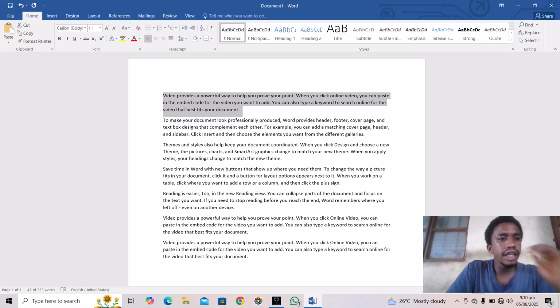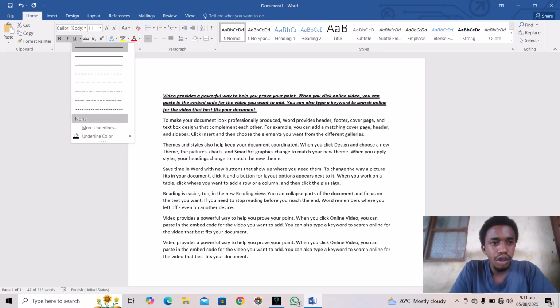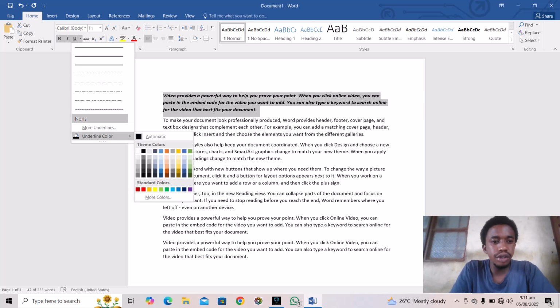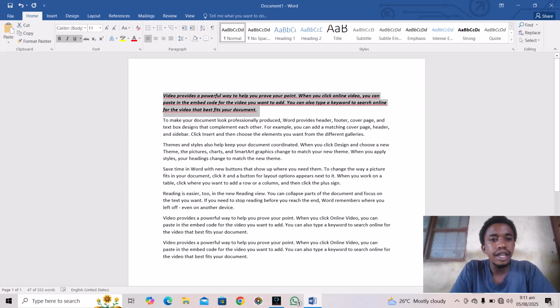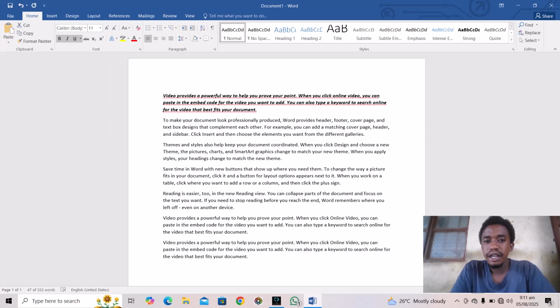And this one here is for bold. This is a little bit stylish, they call it italic. As you can see, it's quite different from this my word. You use this for underline. We still have a drop-down arrow here where you can choose which format, and you can also give it a color. Let's say I want to give it red, and I will just come and choose what I want here. If I say it's a dotted line, or this zigzag, I will just insert it. And also on this same font,